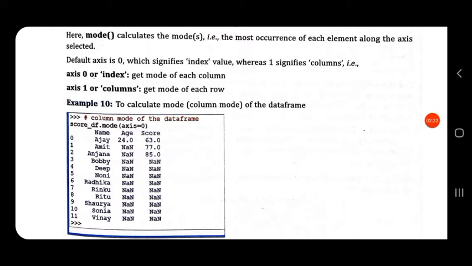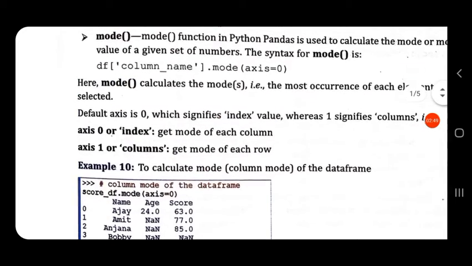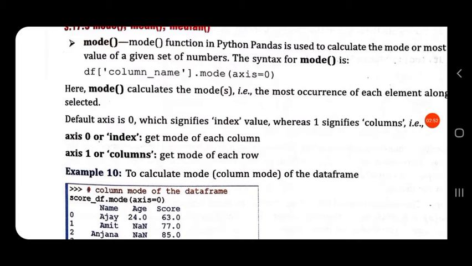Now if we give axis equal to 1, it represents rows, that is 0th index, representing the index 0 is a row, 0 Ajay 24 63, it is a row, and it will calculate the repeated values, mode of each row, which value is being repeated in a particular row. But if we do not specify any axis, then by default the axis value is taken as 0.